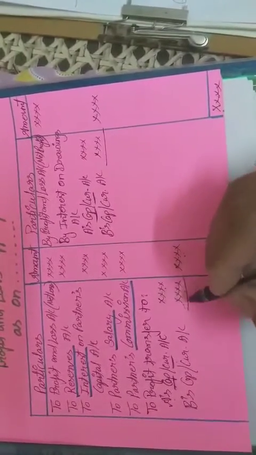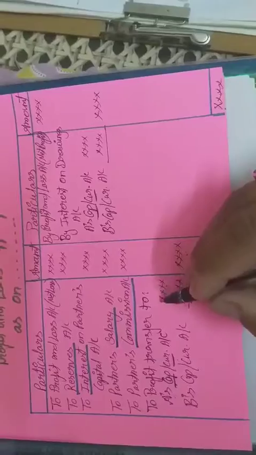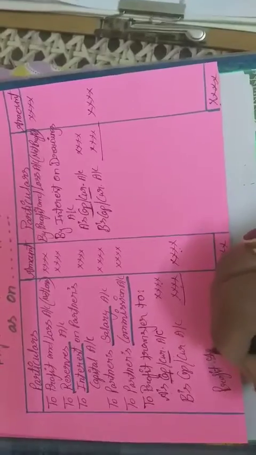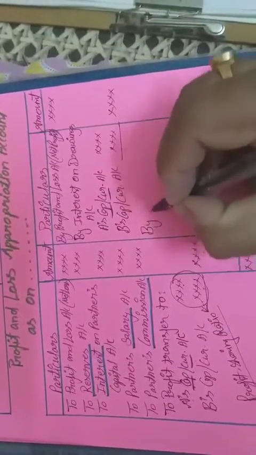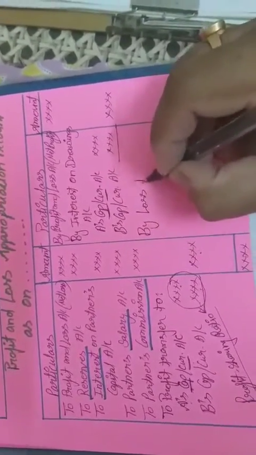Okay, this amount is shared according to the profit sharing ratio. What is the profit sharing ratio? It is decided by both partners. What is the profit sharing ratio of these two partners? According to that ratio they will distribute it. Similarly, if there is a loss, by loss transfer